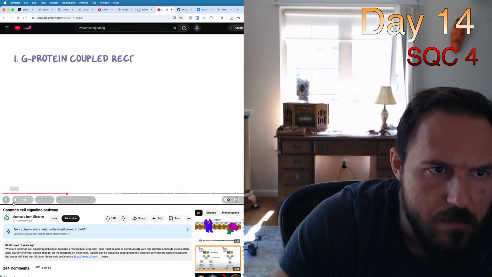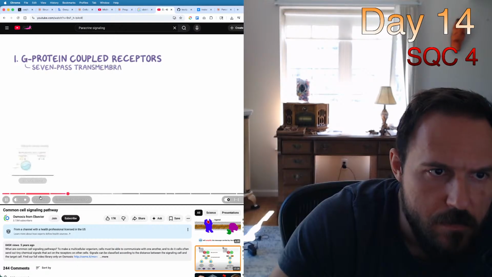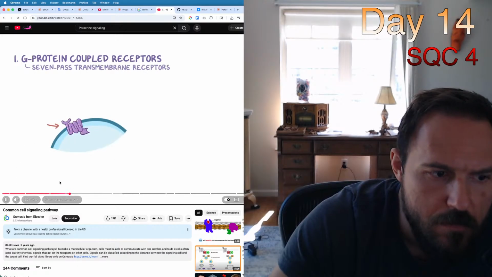G protein coupled receptors are 7-pass transmembrane receptors. These are really long proteins that have one end that sits outside the cell and binds